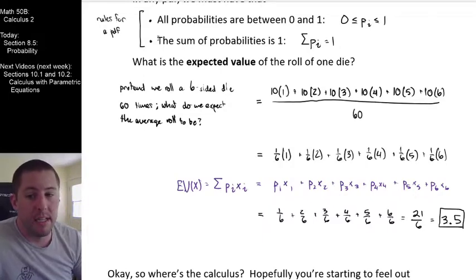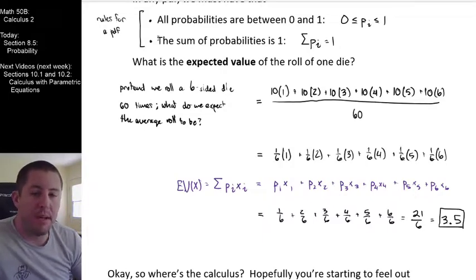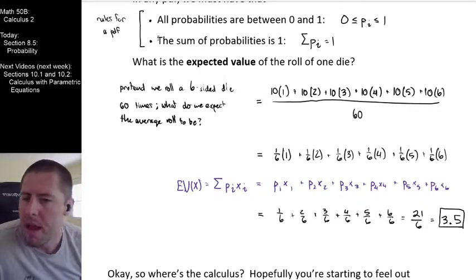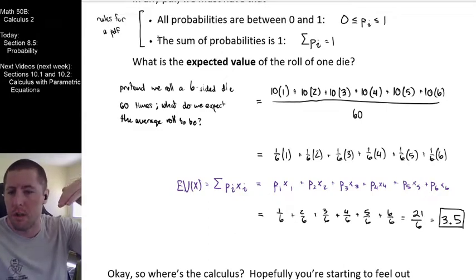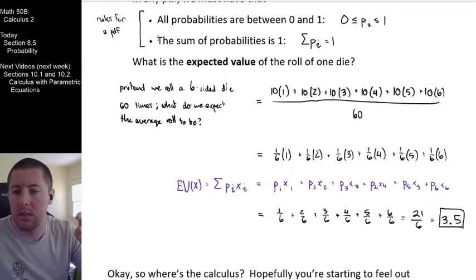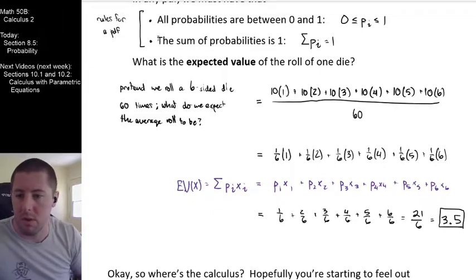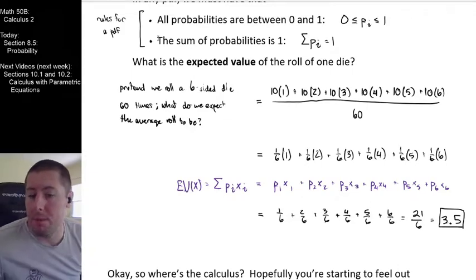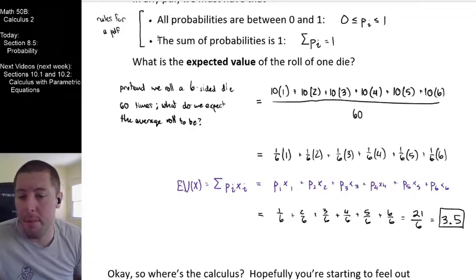3.5 really does sit right in the middle, and it should sit right in the middle because all of our probabilities are equal to one another. This is a uniform distribution. All outcomes are equally likely. If it was the case that our large numbers were more likely than our small numbers, we would expect our expected value to be higher towards those larger numbers, and vice versa if it was towards the smaller numbers out there, right? So 3.5 is a bit weird, and it kind of bothers people when we get expected values that aren't one of our possible outcomes.